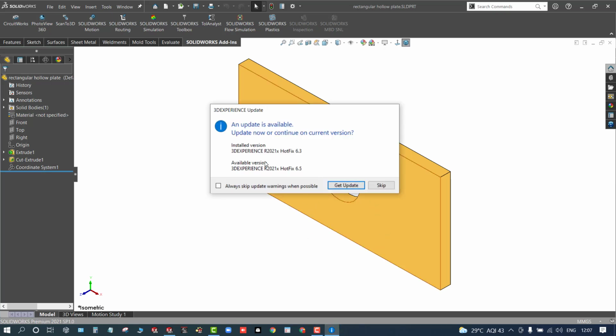In 3D experience, I will have the update 6.3 to 6.5. If you want to update, you can go ahead with that. Otherwise, use the current version. So now I want to update this. I don't want this notification again and again. For that, what you can do is